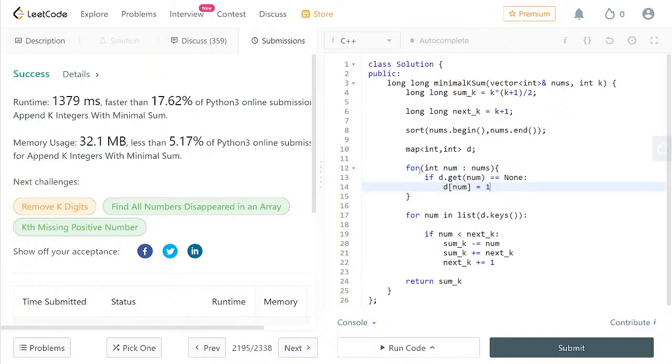Paste it here, and instead of get, we have to provide a parenthesis. Let us remove this. So if d dot find, if we find this number, and it is equal to d dot end, means that element is not present. So what we will do is we will insert an element d dot num equal to 1, and similarly